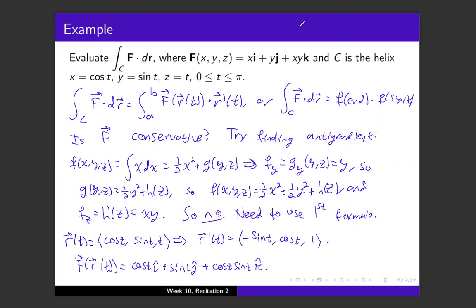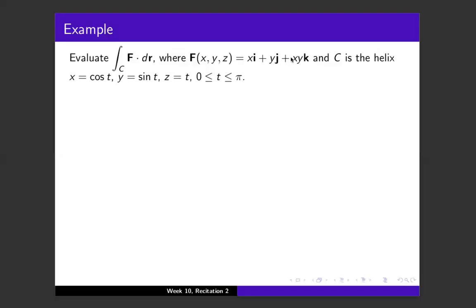Now I'm going to run out of space, so give me a second. Okay, so since we know it's not conservative, we need to use the fact that r prime of t is negative cosine t. I did it again. Negative sine of t,